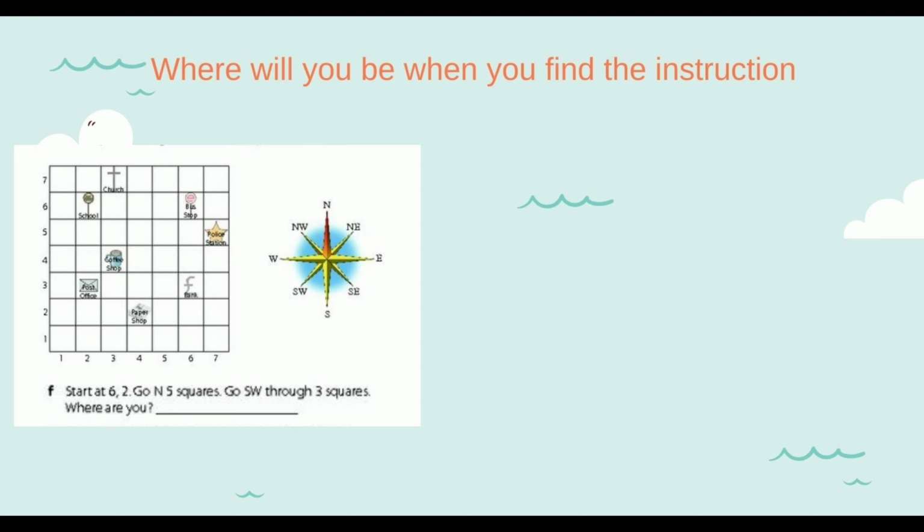It says go southwest through 3 squares. Southwest kind of slants, so that's up on the compass. Alright, and we're going through 3 squares. So now we're going southwest 1 beside the bus stop, southwest 2, southwest 3. We're now at the coffee shop, and it says where are you? And now we're just sipping some coffee at the coffee shop,